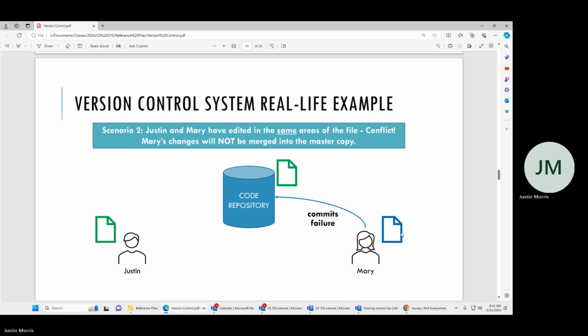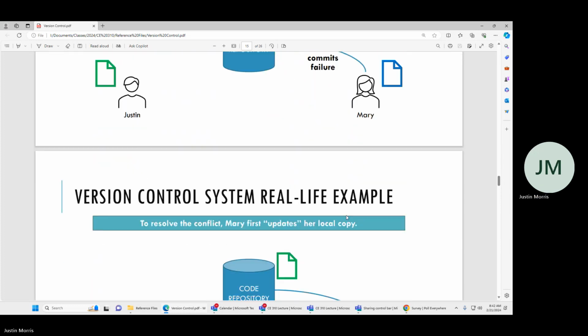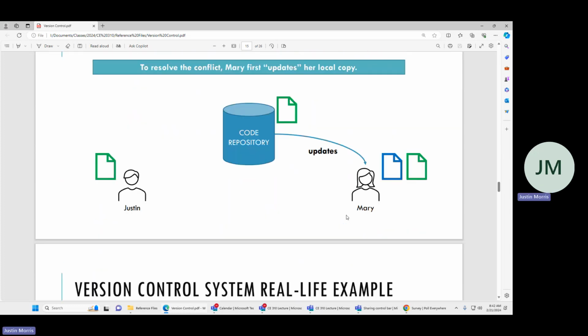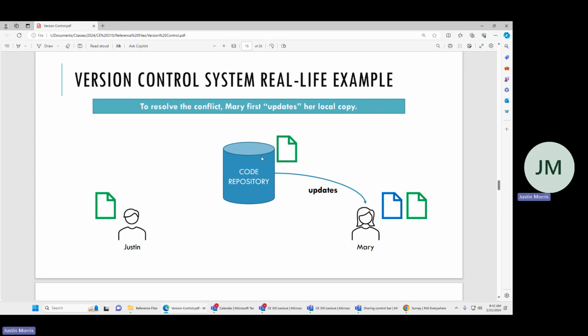Which one should be used, or how can they be merged successfully where both changes are needed? And then once the second person resolves that conflict and updates the local copy,